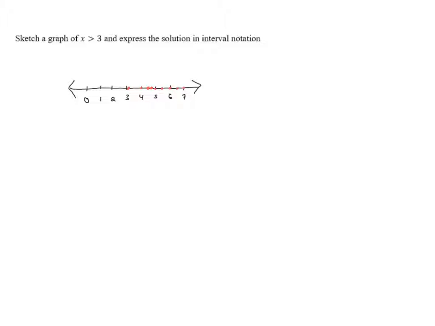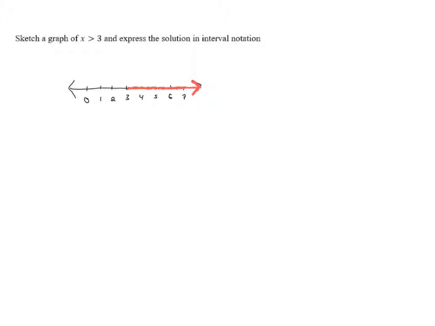And so instead of taking an infinite amount of time and plotting each of these points individually, because that would take forever, what we do when we're graphing inequalities is we shade in the part of the number line where the solutions fall. Because our inequality is x is greater than 3, we want to shade in the part of the number line where the numbers are greater than 3, and that would be all of the numbers to the right of 3. So we shade in everything to the right of 3. And because they never stop, even if we keep going to the right further and further, those are greater than 3, we're going to shade in the arrowhead at the end of the number line to say that the solutions